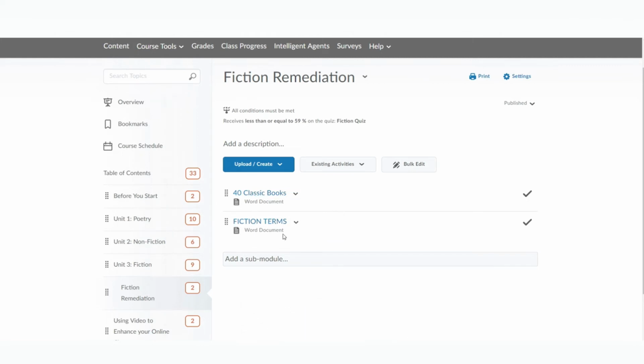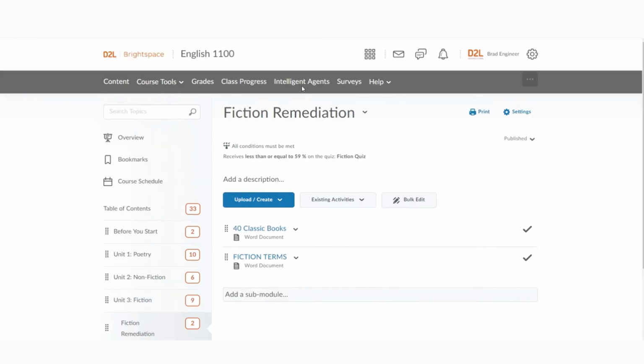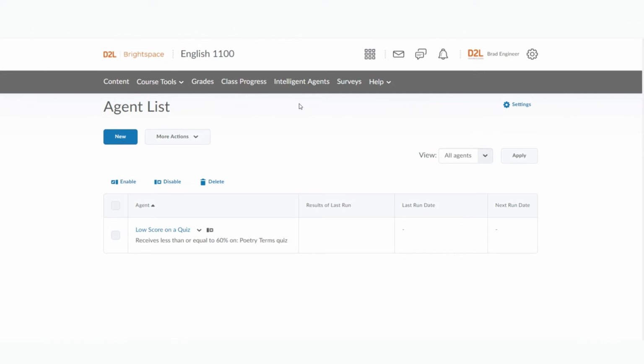Now, not only can we release additional content, but we can also reach out to these students and make sure they're aware that additional content has been released. We can give them a pat on the back, or we can ensure that they're feeling motivated and supported. Through our amazing Intelligent Agent tool, we can ensure that we're sending out timely messages to our students indicating that we've released additional content or indicating that they should come and see us. But as a faculty member, we don't have to be doing this for every single student within the platform. We can automate this process, saving a ton of time and energy and ensuring the students are getting the support